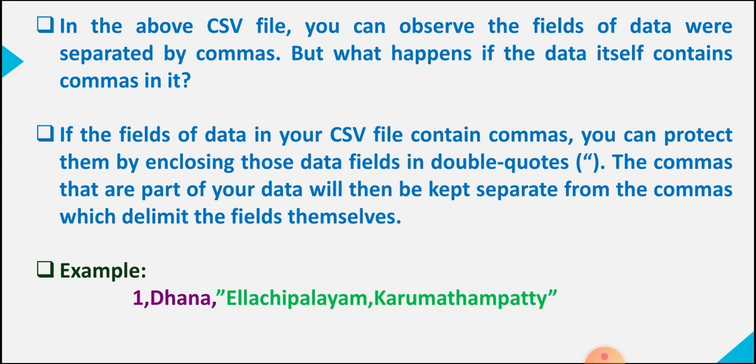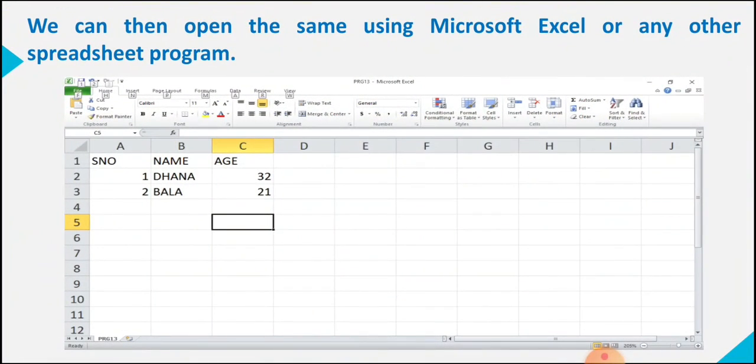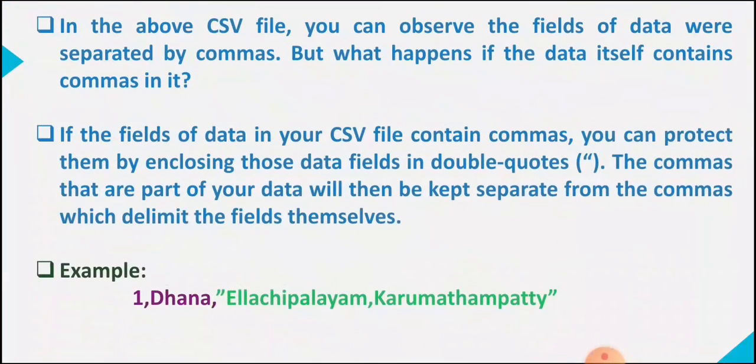Okay, so if you want to give comma as one of the data in a CSV file. Okay, are you able to understand? So 1 comma, then a comma, what is the data given? 1 comma, then a comma, 32. Okay, so here comma is considered as a separator. Now you want to add comma as one of the fields. Okay, so commas also want to be present in this Excel sheet. Then how can you give it? You can give that comma within double quotes.